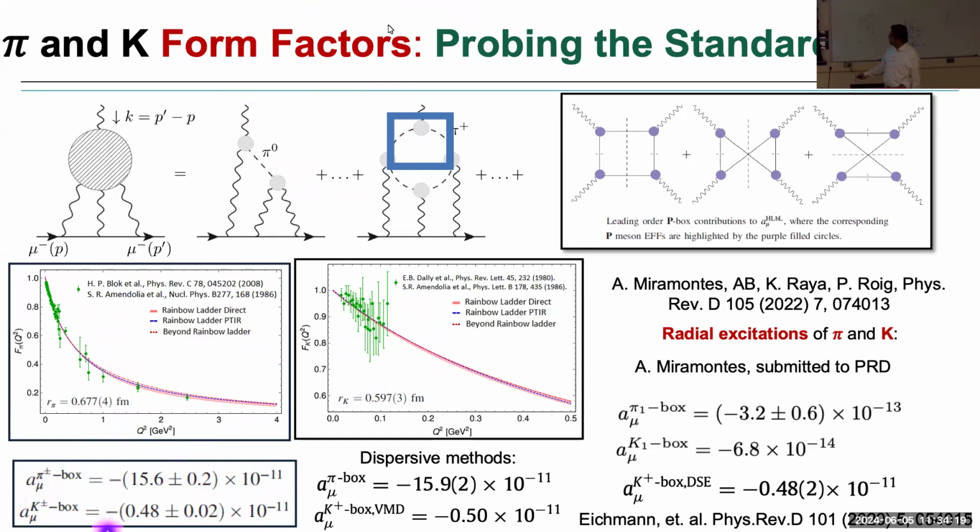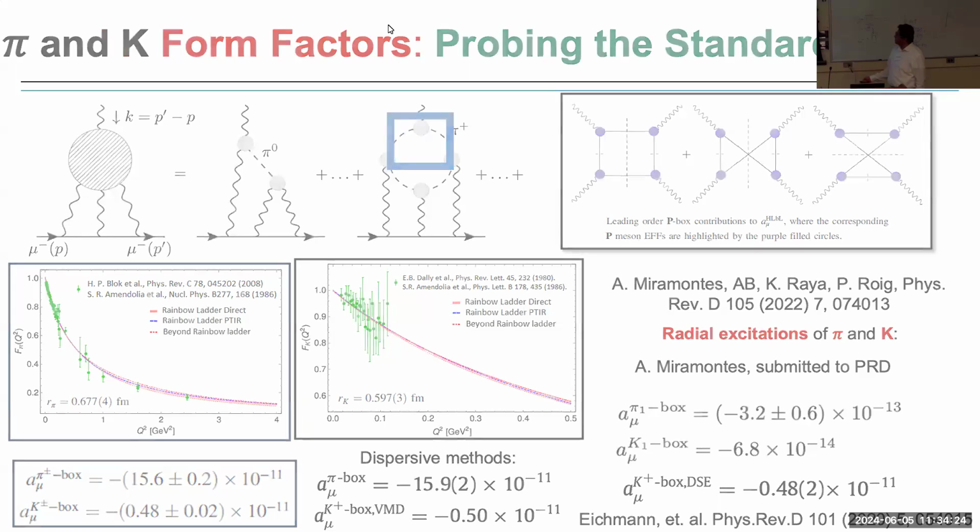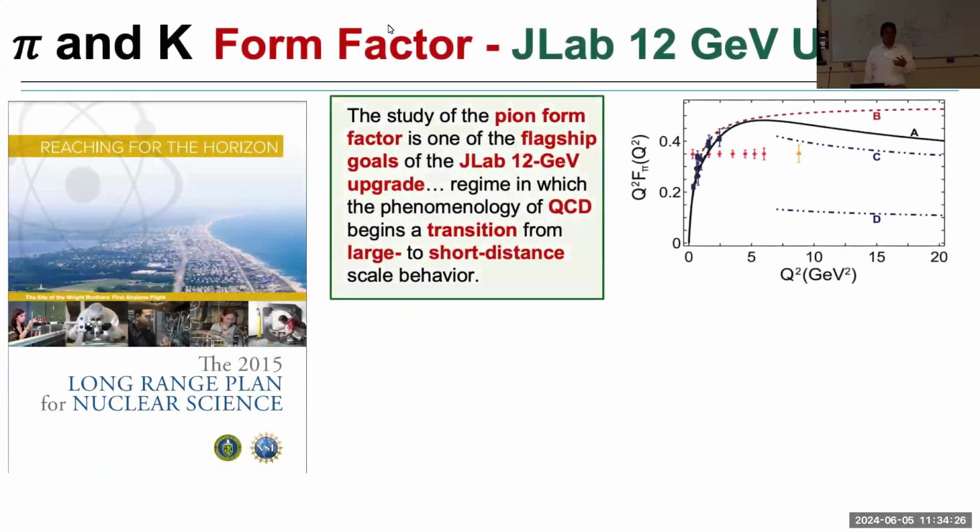We also tried to compute the effect of the radial excitations of the pion and kaon. That's not so relevant. What is relevant for today's talk is the following. You know that every 7 years you have this long range plan of nuclear physics and particle physics and everything else in the USA. In the 2015 long range plan of nuclear physics, it was mentioned that the study of the pion electromagnetic form factor will be one of the flagship goals of, at that point, the 12 GeV upgrade of Jefferson Lab, in which